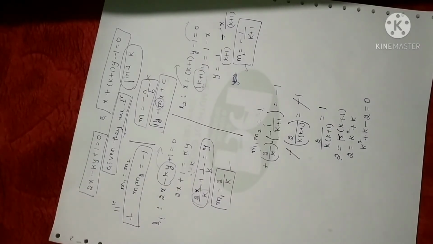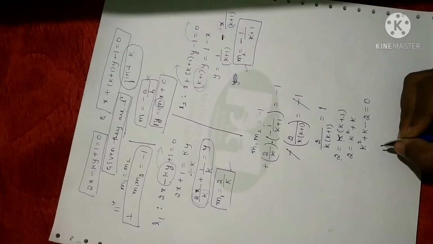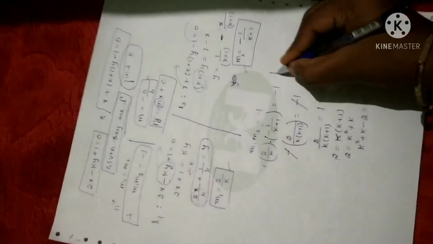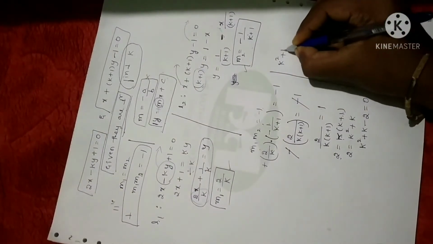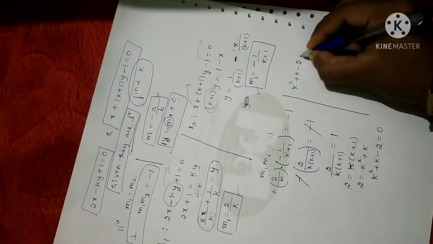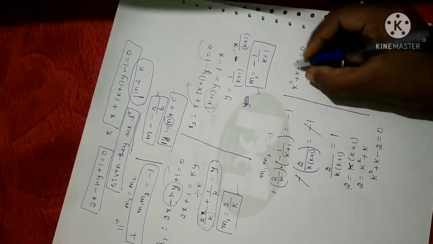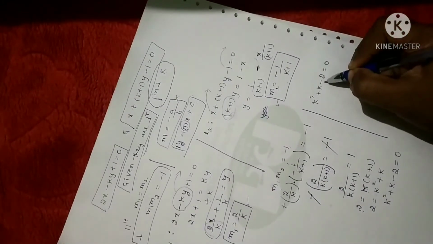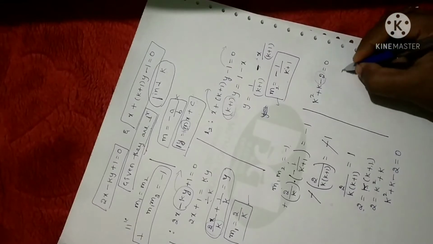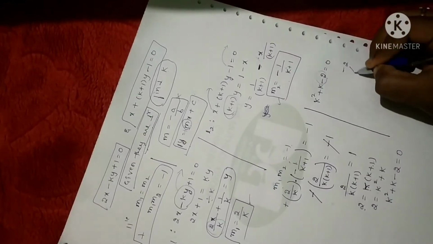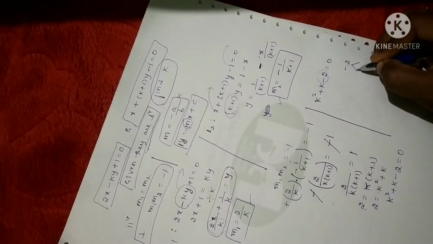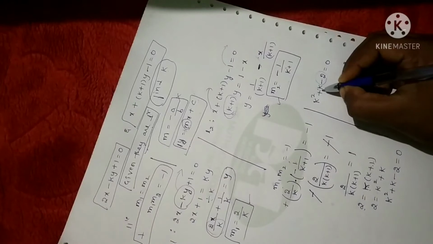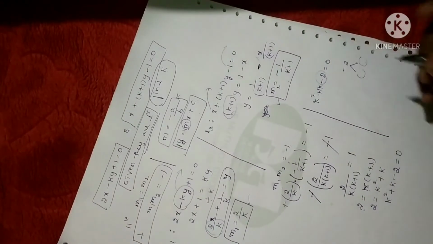Now it is of the form of a quadratic equation, and you are familiar with finding the roots of this equation. Let me solve this equation. k square plus k minus 2 is equal to 0. You have to solve this equation, then only you will get the value of k. Now let me see how you're going to solve this. What is the constant value you have? It is minus 2. Now, find the factors for minus 2 in such a way that when you simplify these two values, the coefficient of k, which is 1, is obtained.